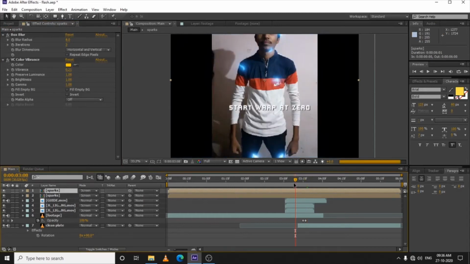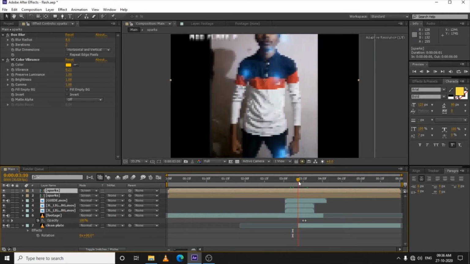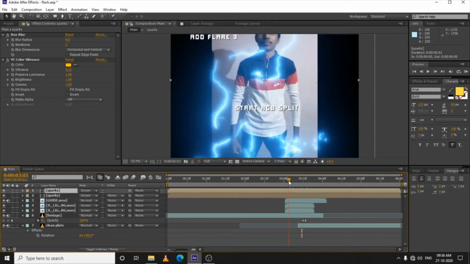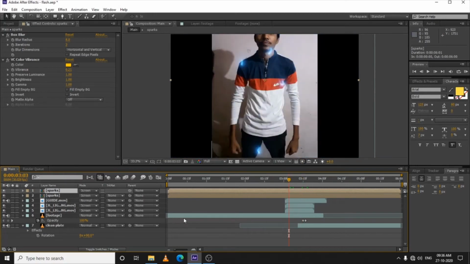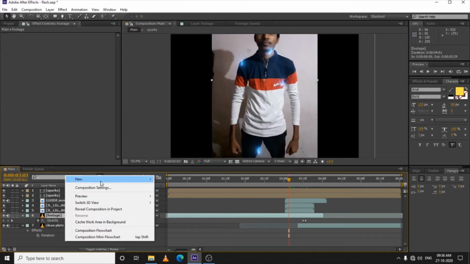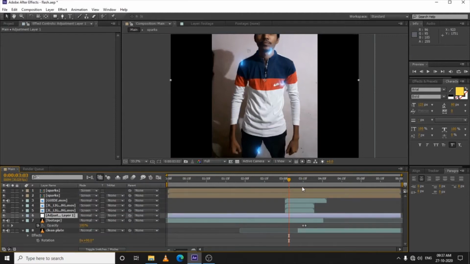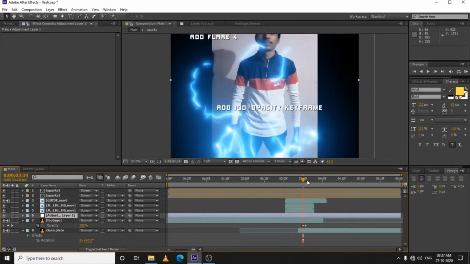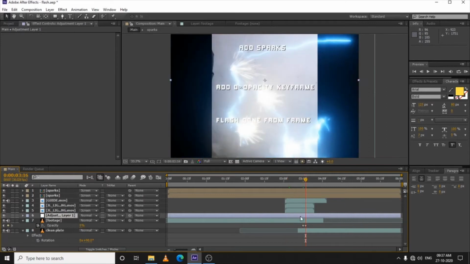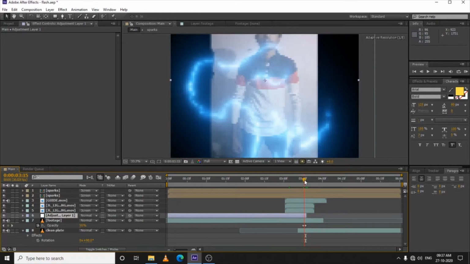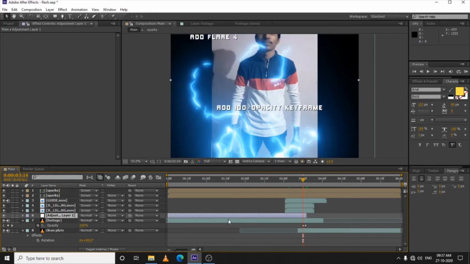Now the time is to add the warp effect. Okay, let's add some directional blur. Before that, select your footage, right click, new, adjustment layer, drag it on top of your footage, go on the keyframe of when the opacity is 0, hold Alt and square bracket to trim it before and afterwards. Now select this layer.